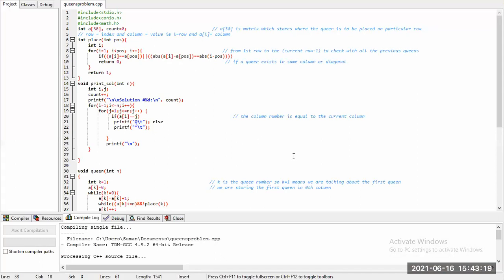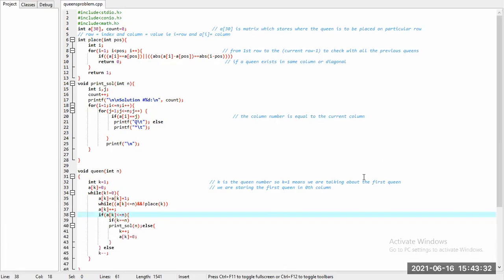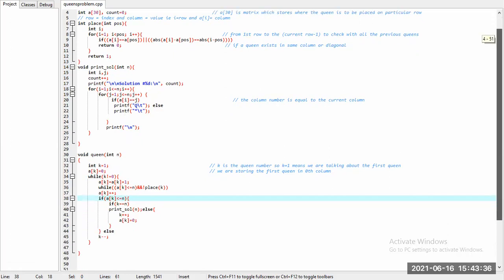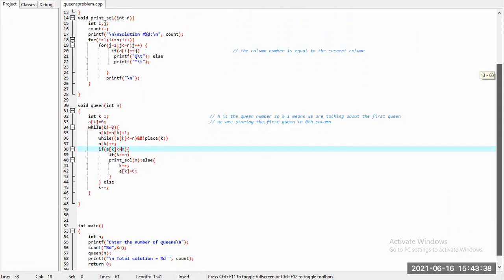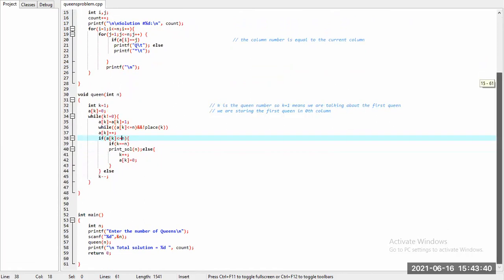And what you will do is write the code here. In one screen I will not be able to show you because the program is large.